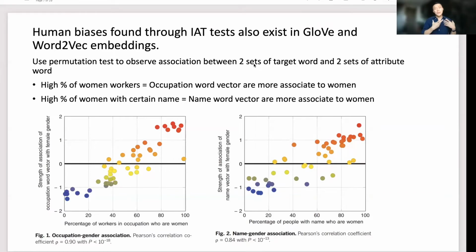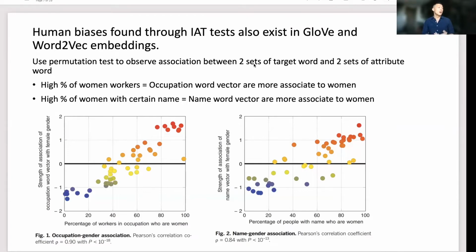So once you take that word embedding and put it in any downstream model, that kind of bias is going to propagate. So they use this test to pinpoint that this is actually a problem, and it's actually in the word embeddings already before we even do any kind of modeling.